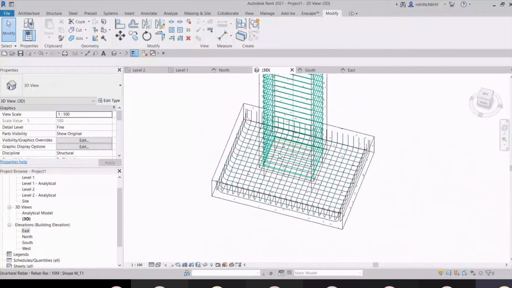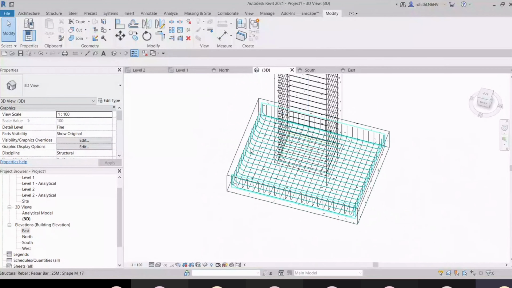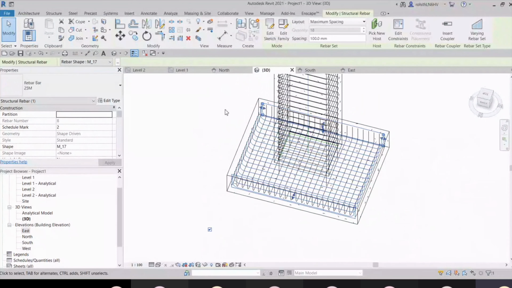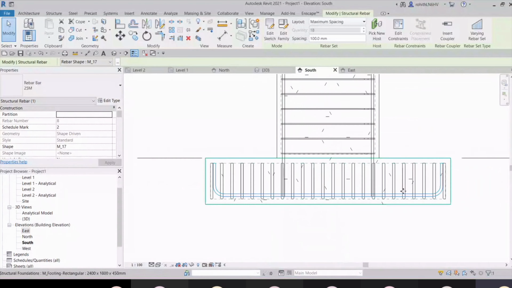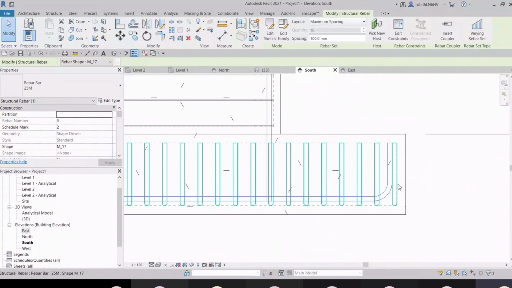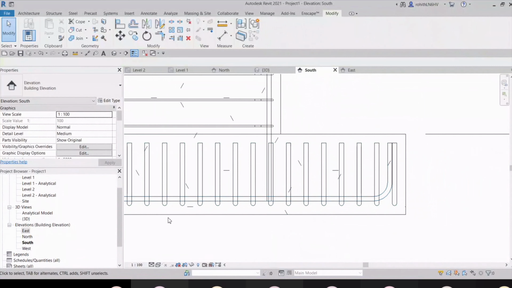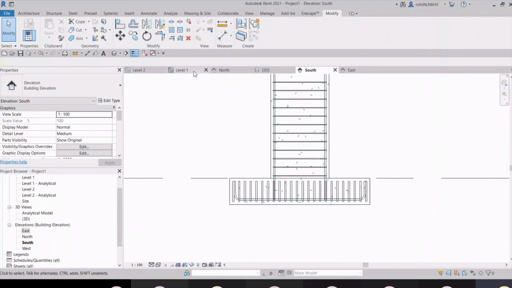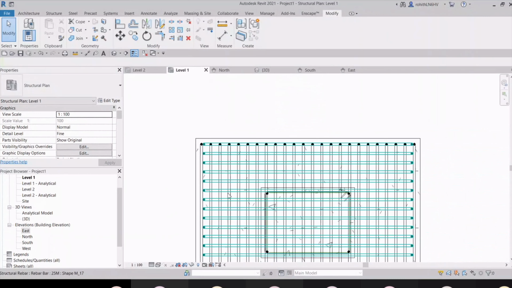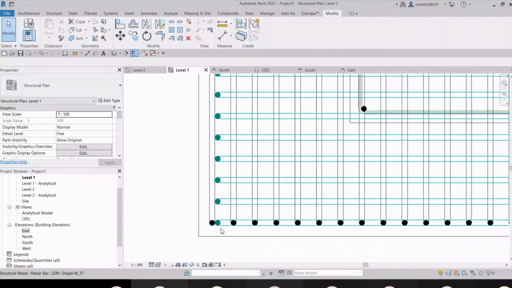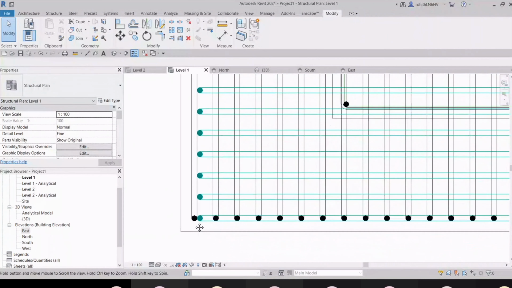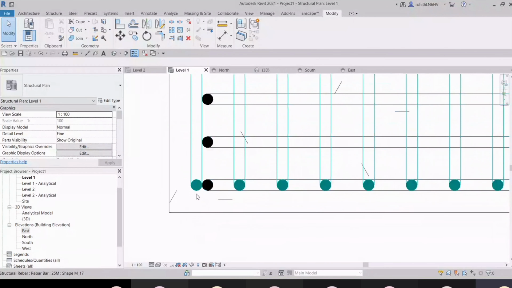Okay, and how you can change the visibility. Just a second, let me see. Nothing is required to change. You can see that these all are placed from the last end.